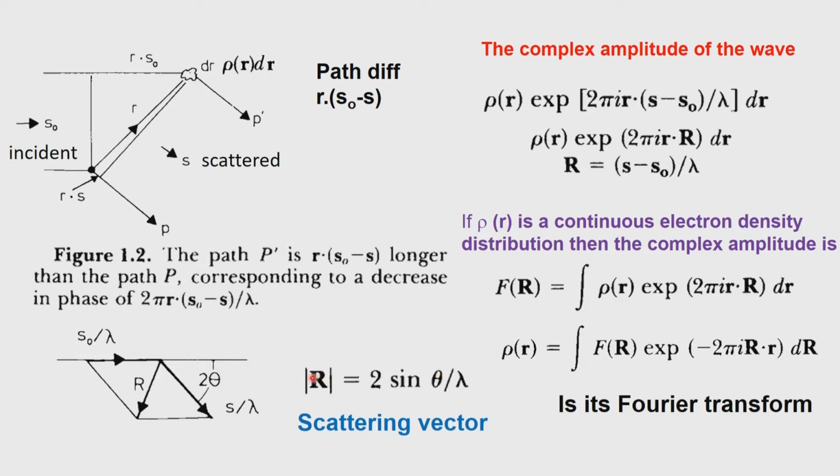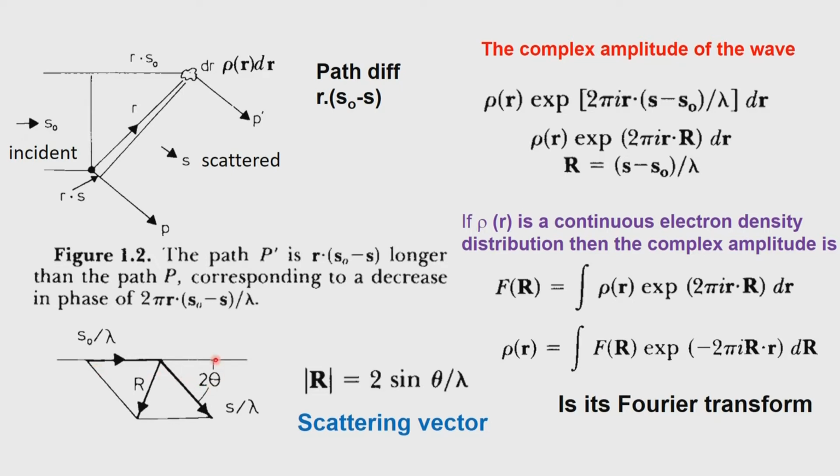That means the direction in which it goes, the scattering direction, is not really indicated in this expression, which is only giving us the modulus, 2 sin theta by lambda. The direction in which it goes follows S naught by lambda, S by lambda, because r is the bisector of that. So, depending upon different values of 2 theta, this vector S by lambda can go anywhere between this and that. This can go from 0 to nearly 180 degrees.